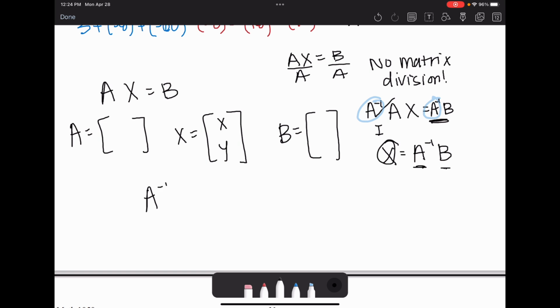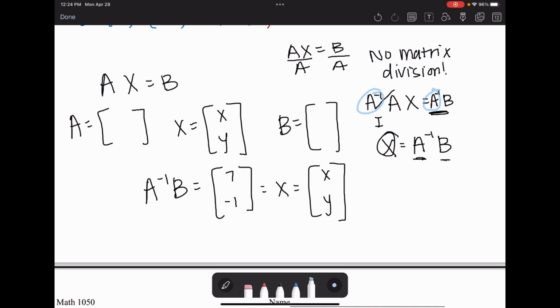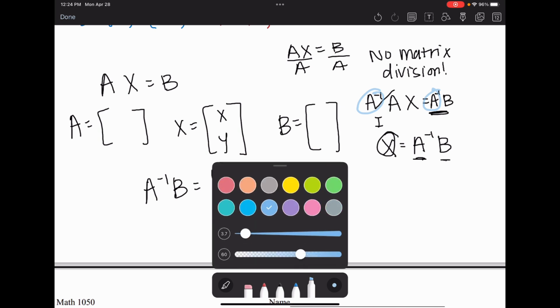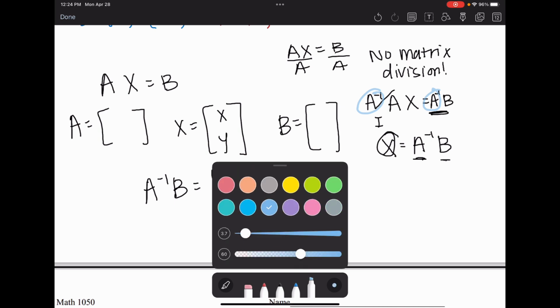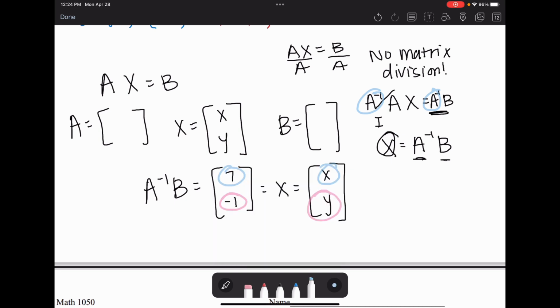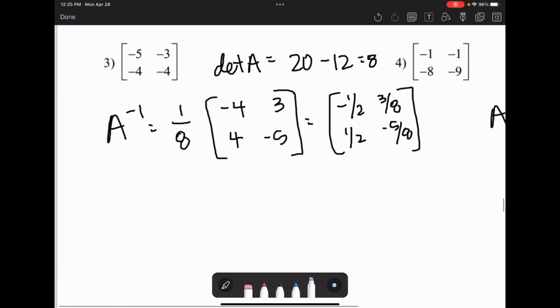So A inverse B in this example would give us, I didn't put any numbers in here, but if it was like 7 and -1, that's equal to X, which is XY. So then X is 7 and Y is -1. Right, so that's the point of finding an inverse, is that it's a different way to solve a system of equations. And you can do this method with 2x2s,